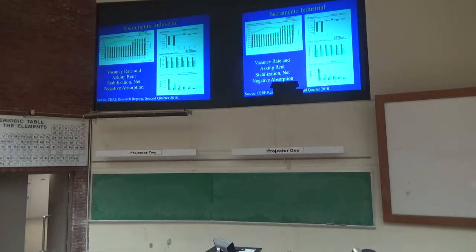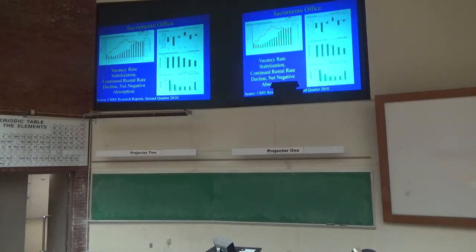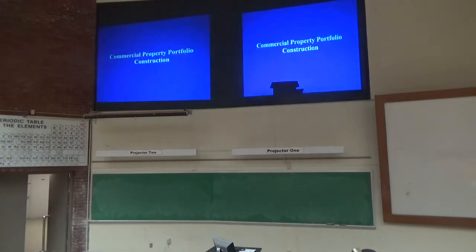We've already gone over this, and I've already handed out to you the market research reports from CBRE. They will give you all the market research: the rent trends, the occupancy rates, the net absorption trends, and new construction over time. The market research reports, with the economics and the demographics overlaid on top of them, basically tell you where to invest based on the economic and market fundamentals. And these are the market research reports. Okay? You guys are all familiar with them. So you can do industrial, you can do office. You guys know where to go to get those reports.